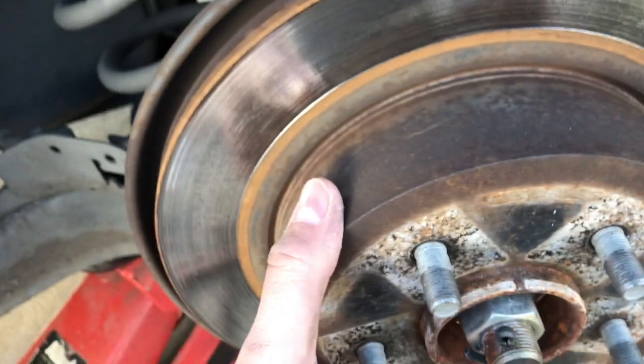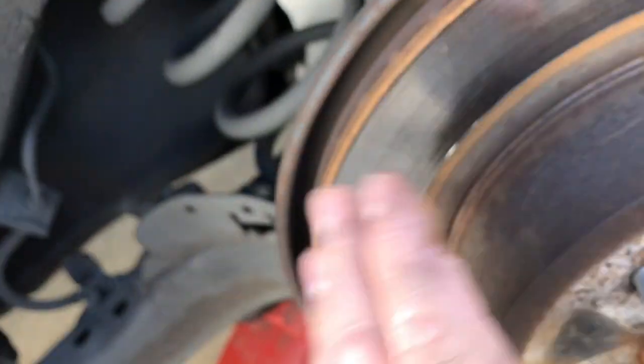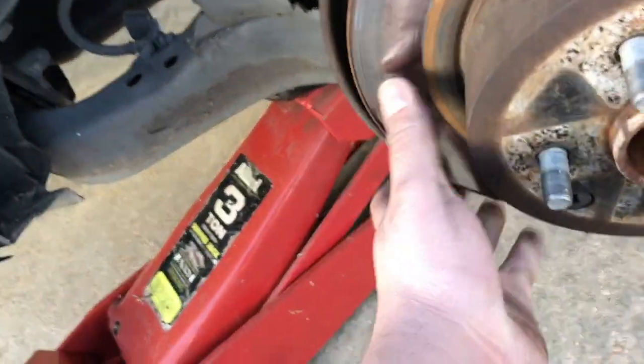So anyway, the rotor is actually free. The caliper is what holds the rotor on. So I'm going to go ahead and give it a pull, and it does not want to come off. So I'm going to go ahead and...